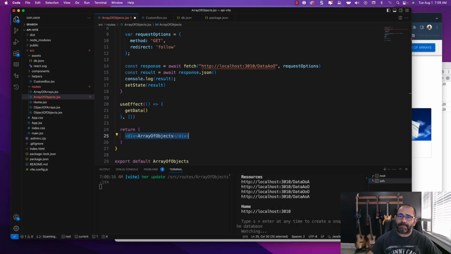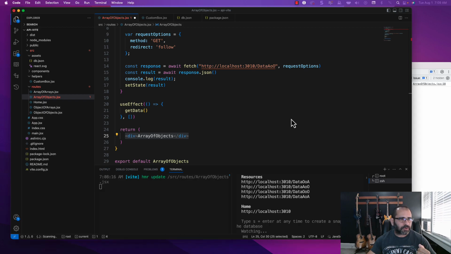Alright, so welcome back. If you're just catching up with us, what we've done to this point is create the environment. We created a new React application from Vite instead of Create React App, and then created the navigation system, the routes, and an app bar so that we can navigate through the site, through the pages. Each of the pages is going to be showing an array of arrays, and